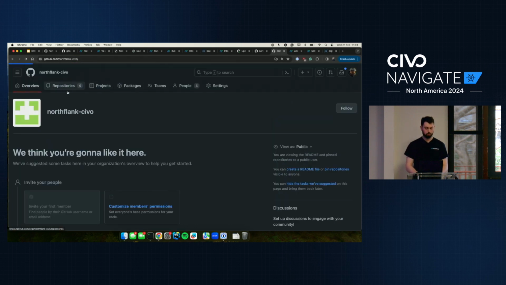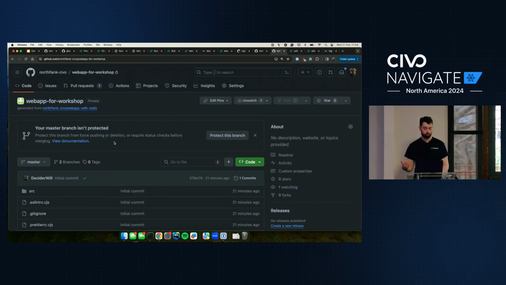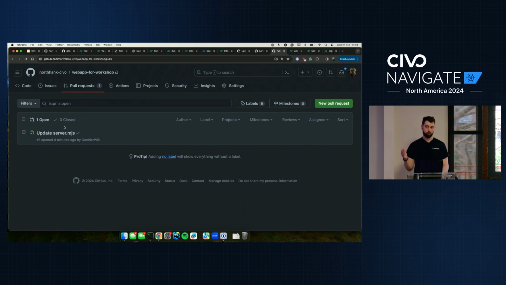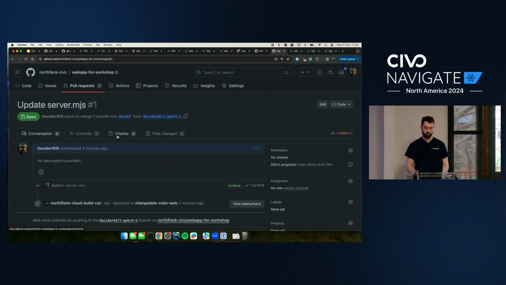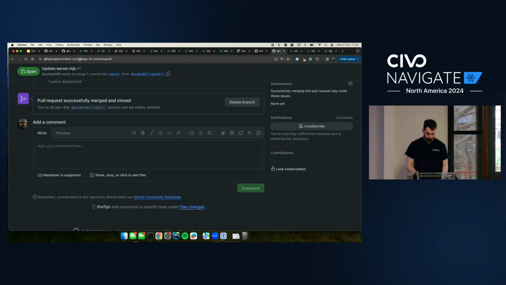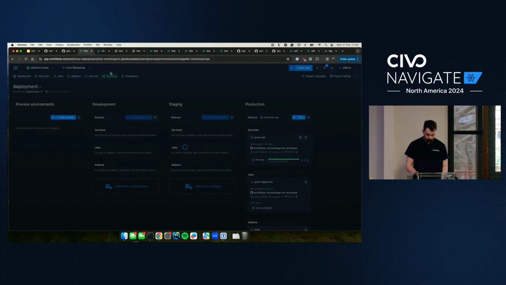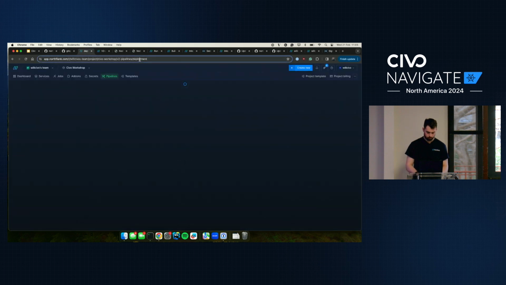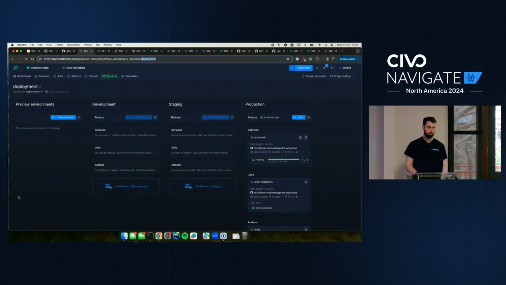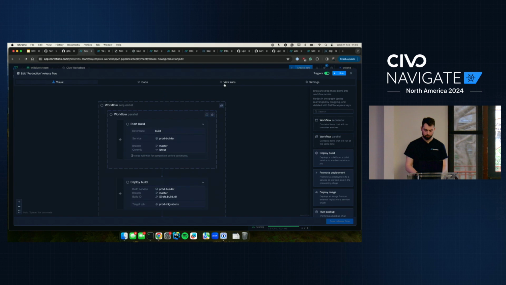Brilliant, thank you, Fred. And now I will go ahead and merge the pull request, start the release to production, and we'll see that the preview environment will be shut down, and you won't be paying for any resources whilst that's in a shutdown mode. So I'll merge the pull request, confirm merge, head back to the preview UI, and we can see that the preview environment has now been deleted, and the production release flow